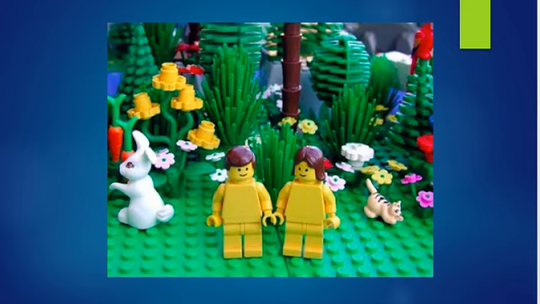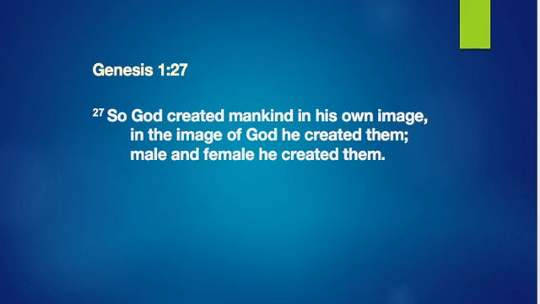that nature was perfect. God's creation of humanity was perfect, and humans had a particular relationship with God because they were created in God's image and in God's likeness. And if we have a look at a couple of quotes, we look at Genesis chapter 1, verse 27. "So God created mankind in His own image. In the image of God He created them. Male and female He created them."